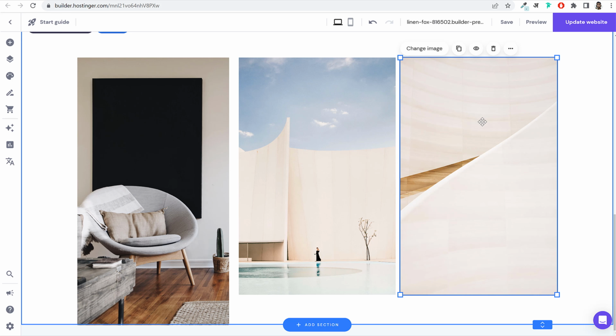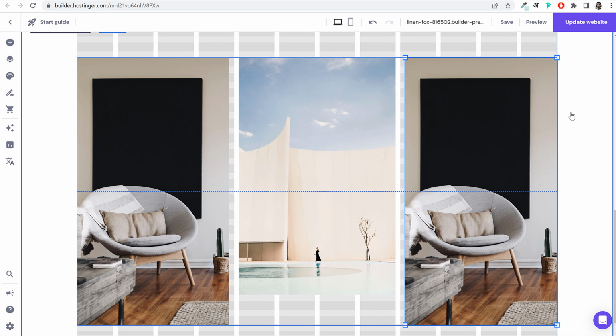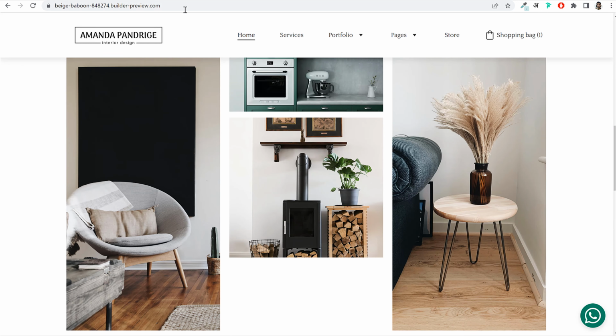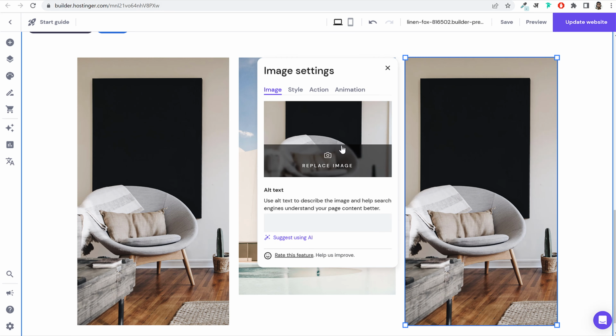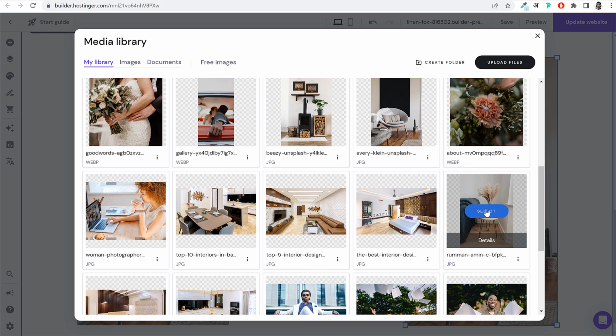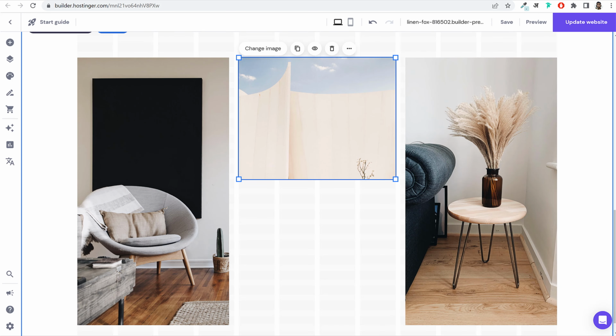And actually I'll delete this image and I'll duplicate this one, bring it over here at the right hand side. Now I'll replace the right hand side image with, let's see, this image. Now for the middle image, I'll first of all decrease the size, because if you see in the middle, we